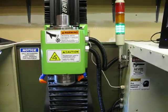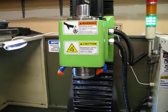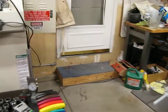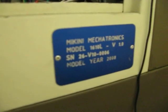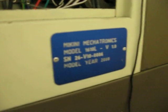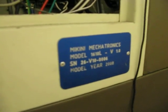Still having trouble with the spindle electronics, and I'll explain that in another video because I don't want this to get too long. But the other thing I was going to show you is here on the back is the serial number. As near as I can tell, you can see the serial number there. This is version year 2008 and version 1, and the serial number is like 0006 basically. So this is probably like the 6th machine that they made,